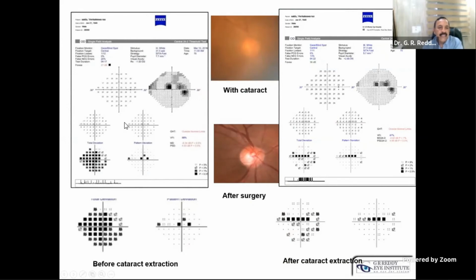So this is actually the patient with cataract, suspected glaucoma, taken with field. This is the generalized depression due to cataract, and he was operated. After surgery the generalized depression is removed, and we can appreciate the localized scotoma in the total deviation probability plot itself. Surgical removal of generalized depression. It is the software removal of generalized depression.